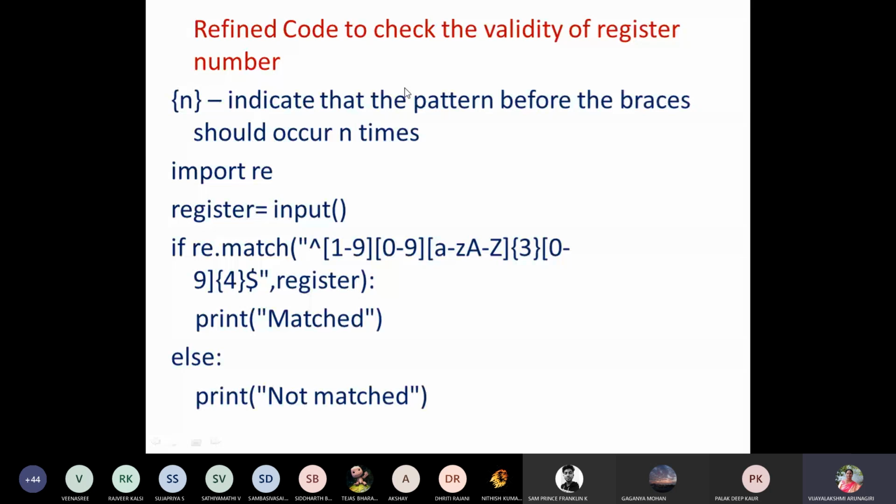In the same program I have introduced the number of occurrences, that is curly brace n. Curly brace n indicates that the pattern before the braces should occur n number of times. Same registration number you see here,